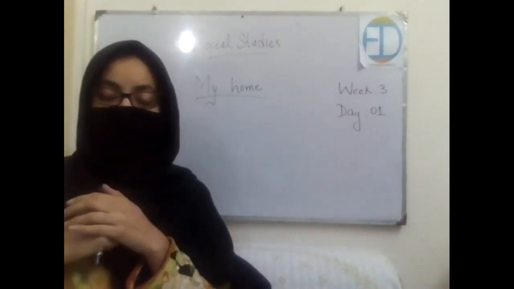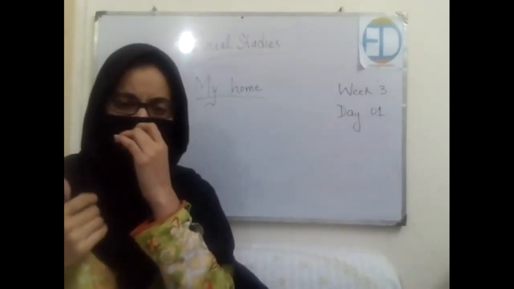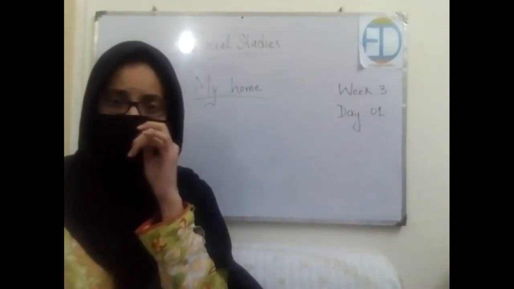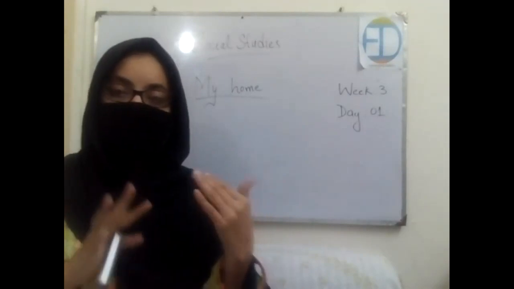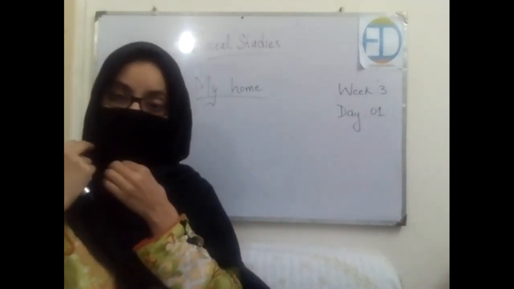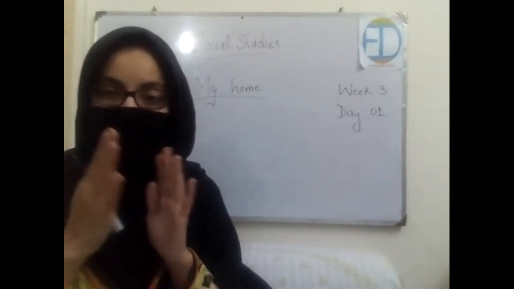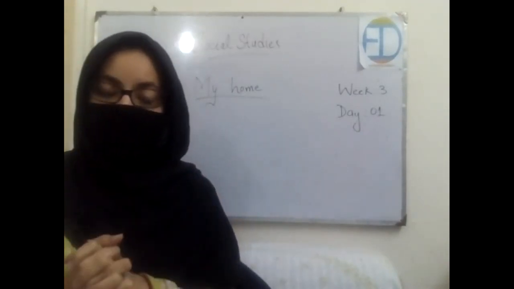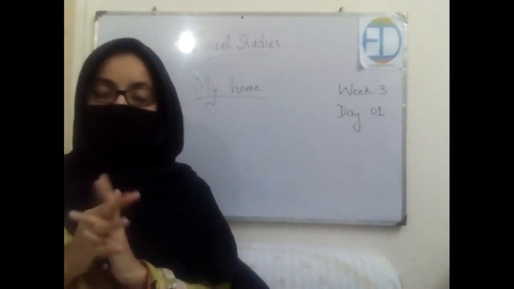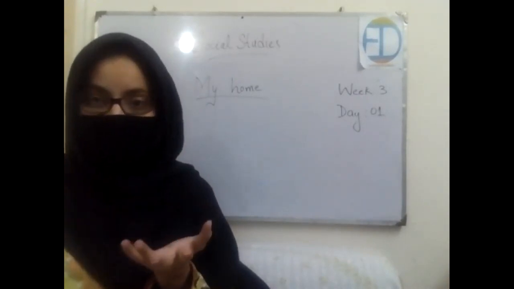Similarly, your house must have different rooms. Maybe there is a front garden, maybe there is a garden on the back side. Maybe your house is big, maybe it's small, maybe it's single story, maybe it's double, right? All of these things vary from one place to another, but every house has these characteristics.